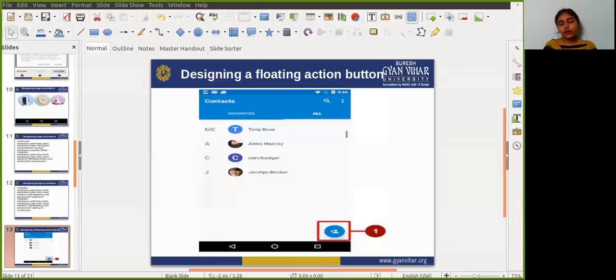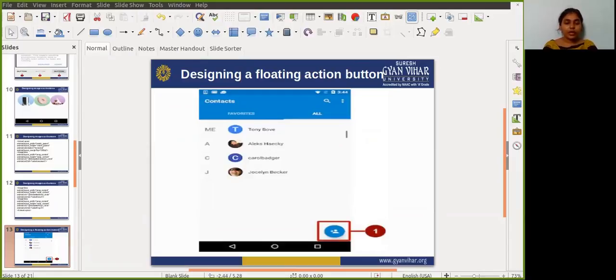Once you call this element, you need to add some attributes. These attributes are android:id, layout_width, layout_height, layout_gravity, layout_margin, and also src, meaning source.